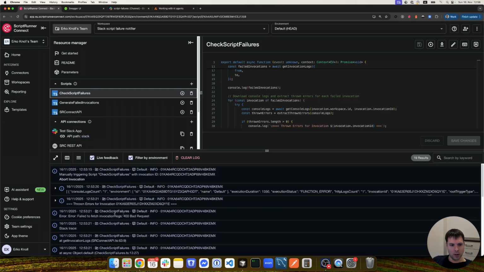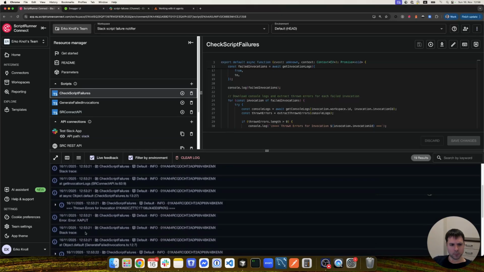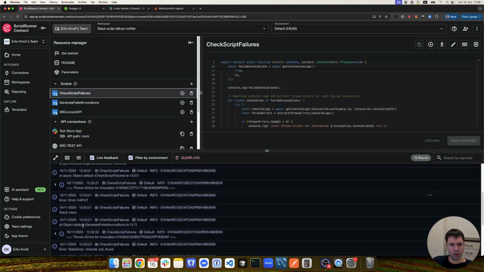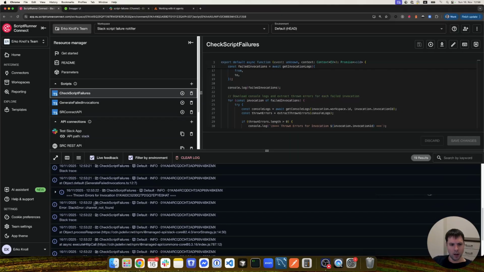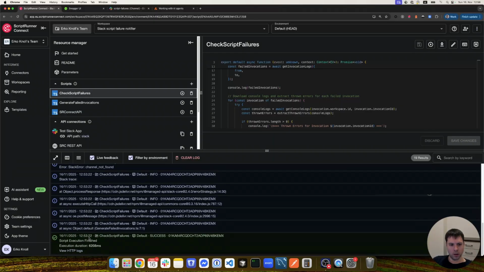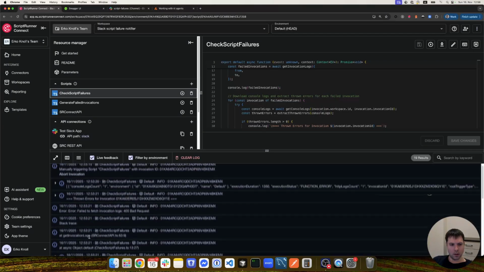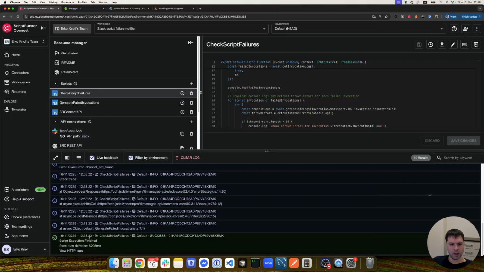So here is the first one that we managed to accidentally cause, which was the 400 bad request. We can nicely see the stack trace here. Then there is the kaput error with the stack trace. Then there is Slack error about channel not found, which also looks alright, but looks like it's currently missing an